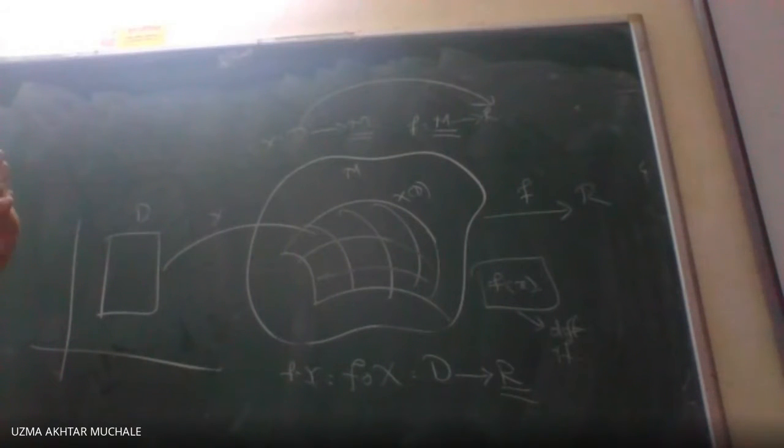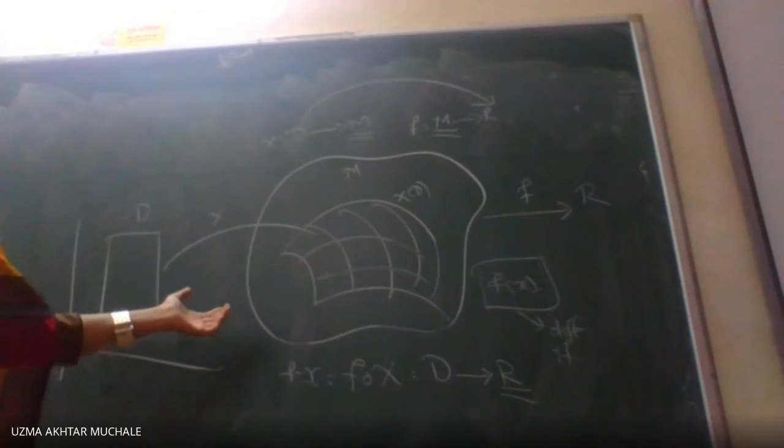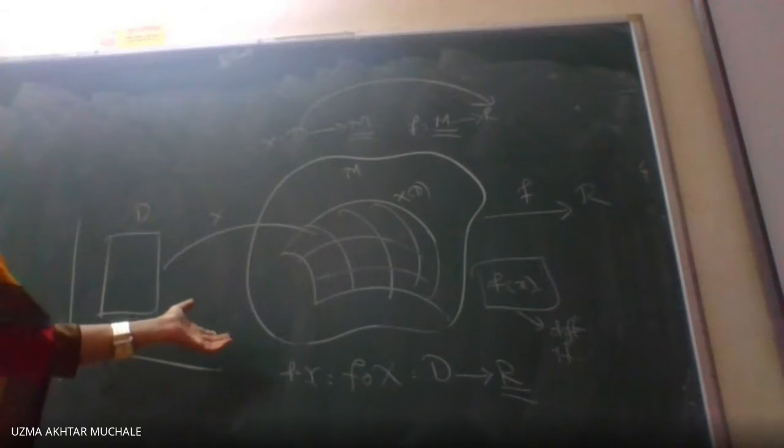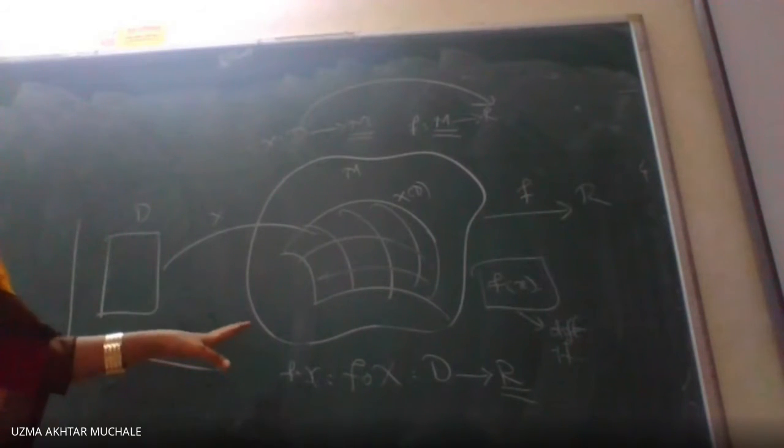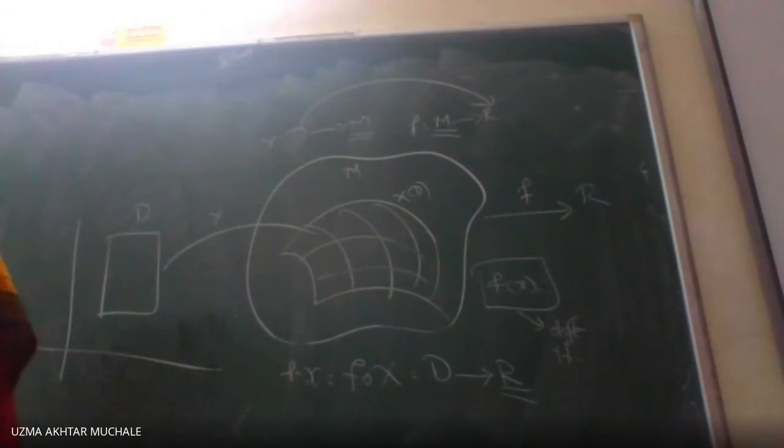In the next lecture we will go through one lemma, that is if alpha is a curve in a surface M whose trace lies in the image x of D of a single patch, then there exists a unique differentiable function a1, a2 such that alpha of t is equal to x of a1 of t, a2 of t. Okay, and then we will go for the tangent vector, normal vector in our surface.